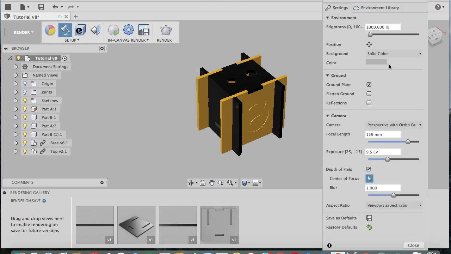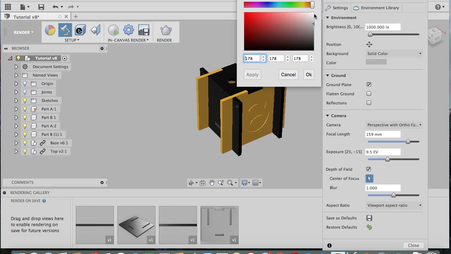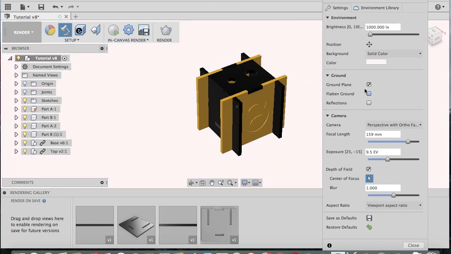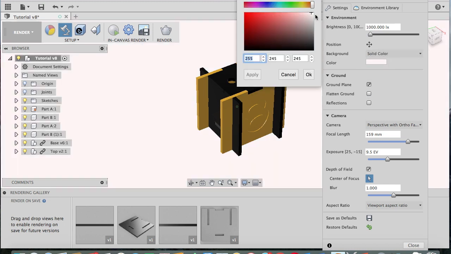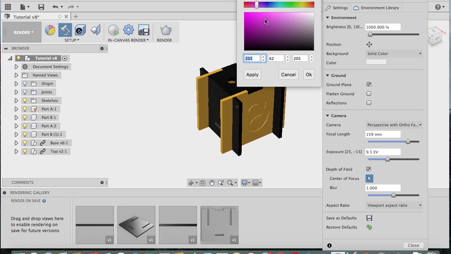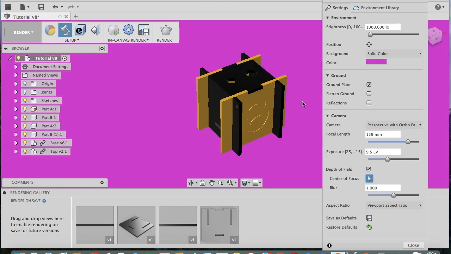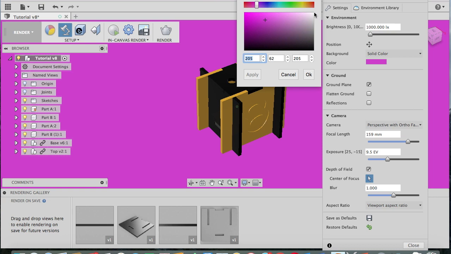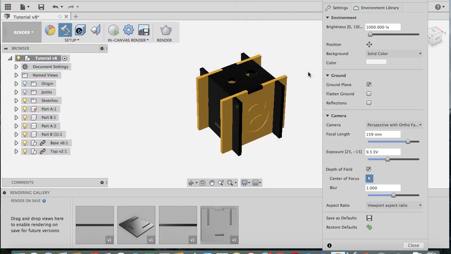Now in the settings, you can change the background color if you like. So this is the default color. I might change it, have a bit of a lighter shade. So that's a bit too light. You could go crazy and have it something like that, but yeah, maybe not. Anyway, you can play about with this, pick something,